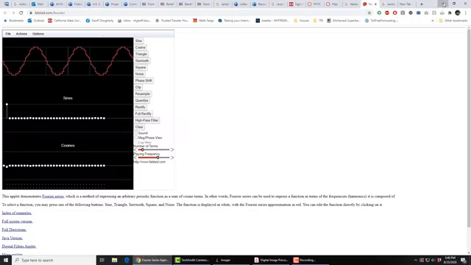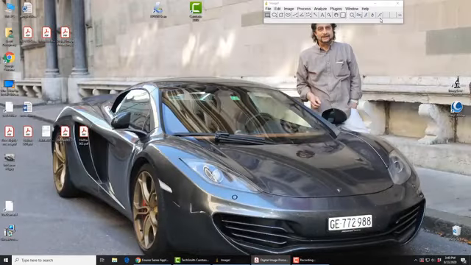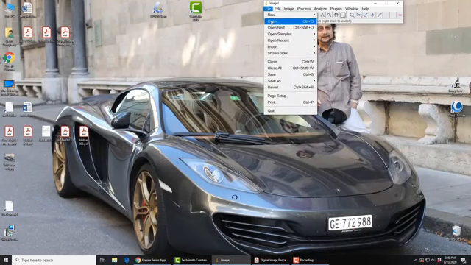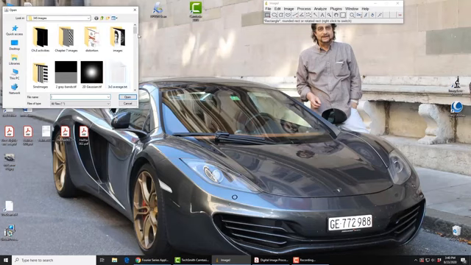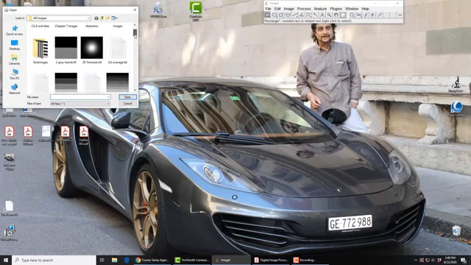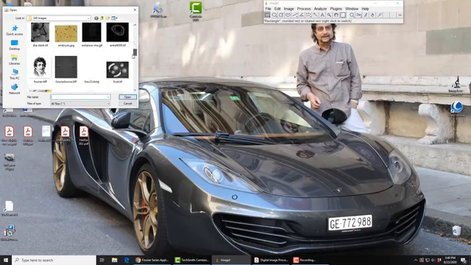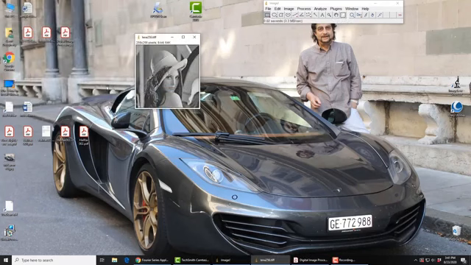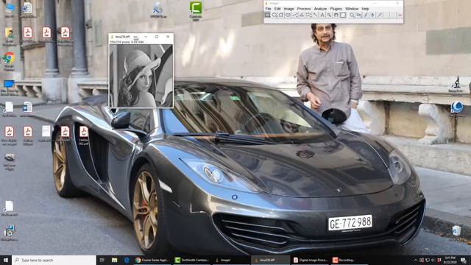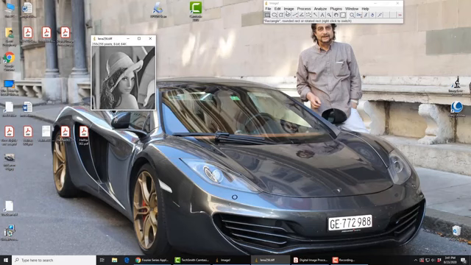So if we look at ImageJ, you open up ImageJ and we'll go to the 3, 4, 5 images. It'll be a little bit different than mine, but look down until you get Lena 256 and open her up. She's 256 by 256 pixels. She's an 8-bit image. We make her bigger by going to